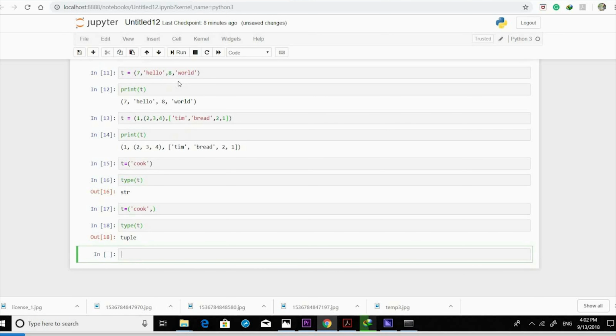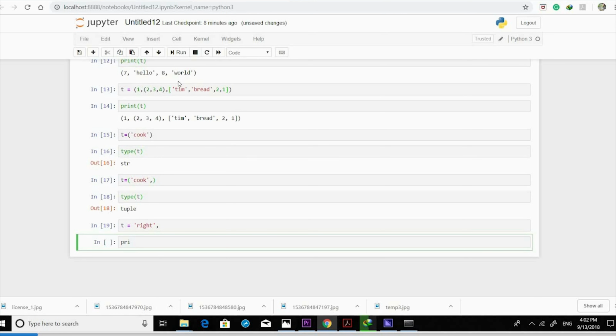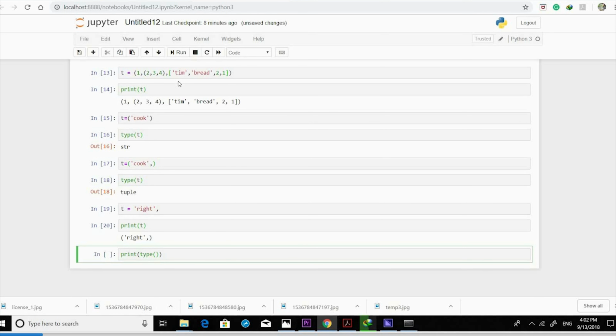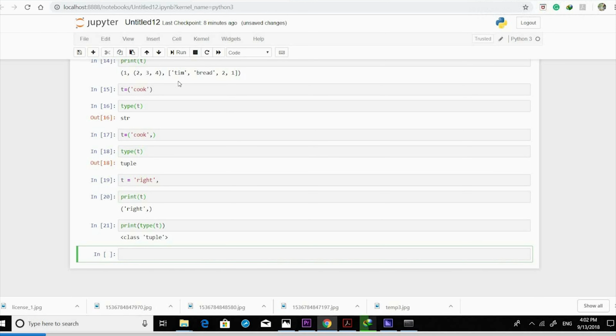However, the parentheses are optional. Okay, so if I declare it, and if I end it with a comma and I don't close it with parentheses, it will still recognize it as a tuple. Okay,